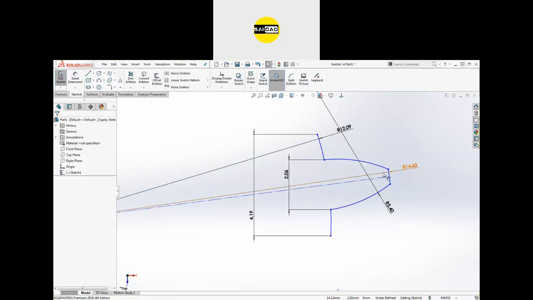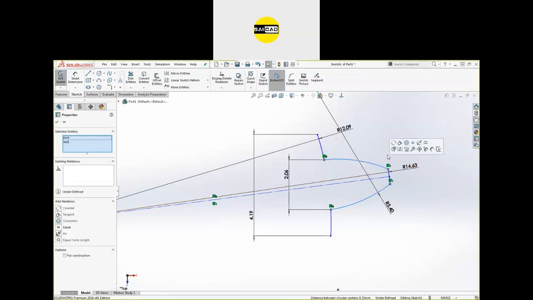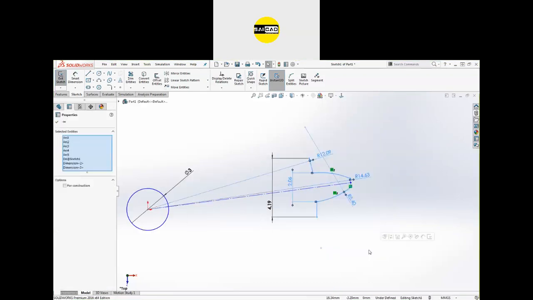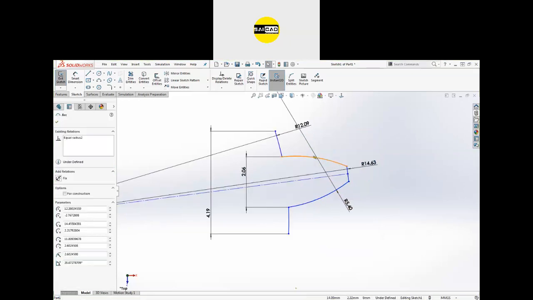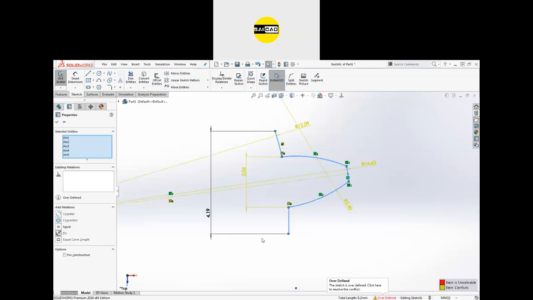Sir, what is the function of fix command? Fix command just fix the component at its location. You can also use that also. So wait a second, I will just use the fix command for everything. Select this one. Okay. Select the component. You can apply the fix directly here, like that. You select all the components like that. Here the command is fix.